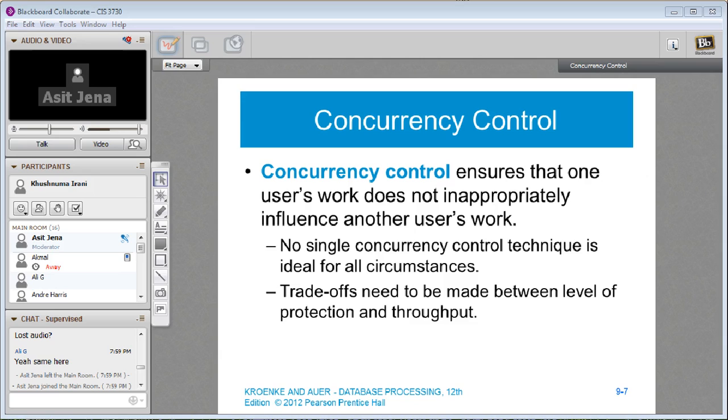Concurrency control ensures that one user's work does not inappropriately influence another user's work. So, like, the concurrency control basically means, let's say there are two people working in HR, and one person's job is to keep track of where employees are located, which floor or which cube the employee is physically located. And then there is another person whose job is to update